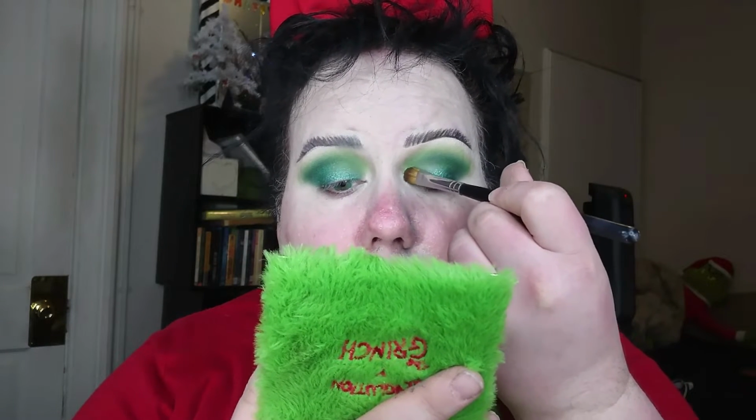Okay, so I'm going to go ahead and take 530 Jazzercise, which is just a really pretty, minty green sparkle. I'm taking that M166 brush again, just going to tap that into the inner corner. I don't even feel like this needs a glitter primer or glitter glue. If you do have a tendency for your shadows to crease on you, then by all means, completely feel free. But it is very pigmented, very shimmery. I feel like this is the star of the entire collection, to me at least, for